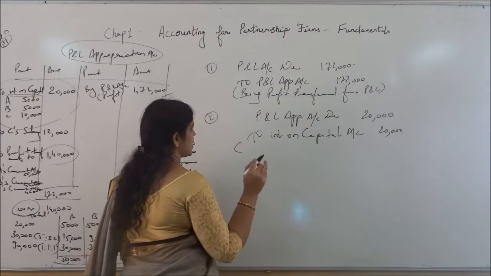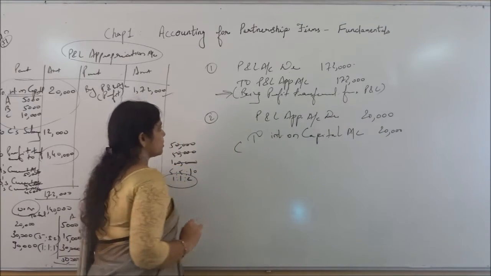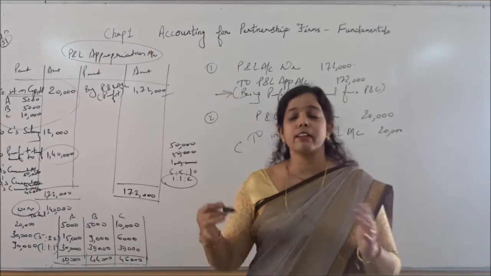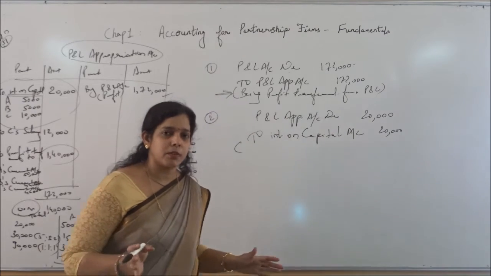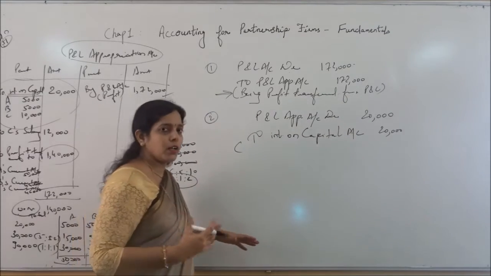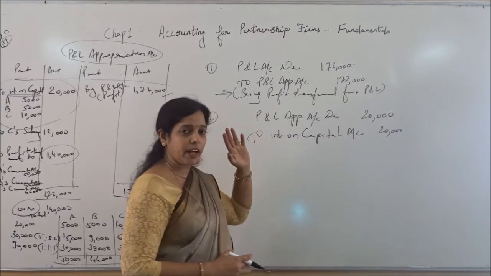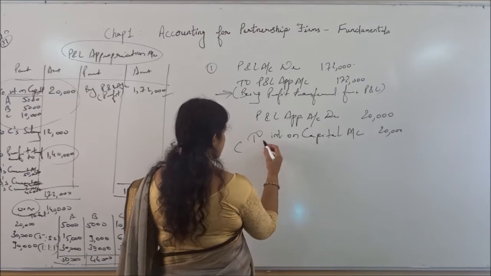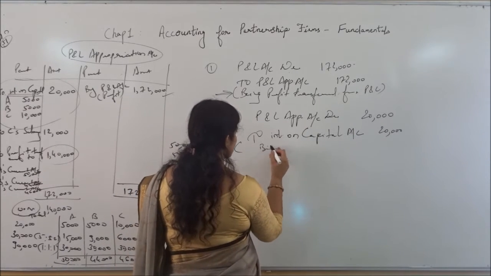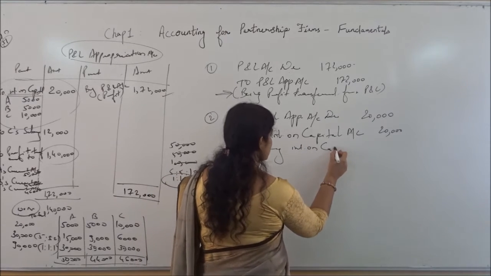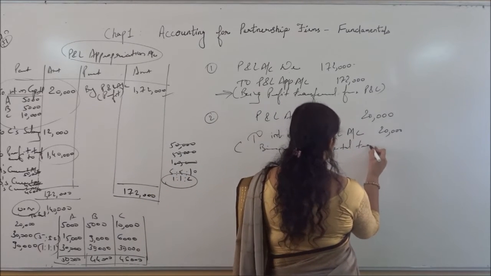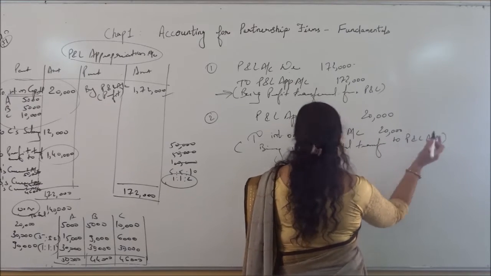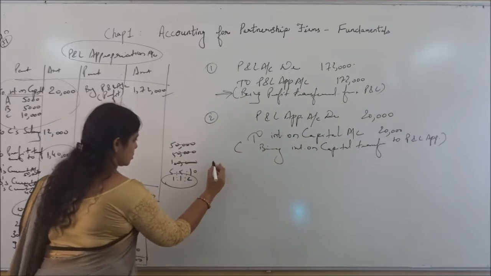What will be the narration? Very important thing. Generally you are not writing the narration. And you remember in this board exam what was asked? Narration was given and the entry was asked. CBSE is every time doing something new, something innovative. Generally you are not habitual, so please make a habit of writing the narration always. So write the narration. What we have done? Being interest on capital transferred to P&L appropriation. This is actually the closing entry of interest on capital.